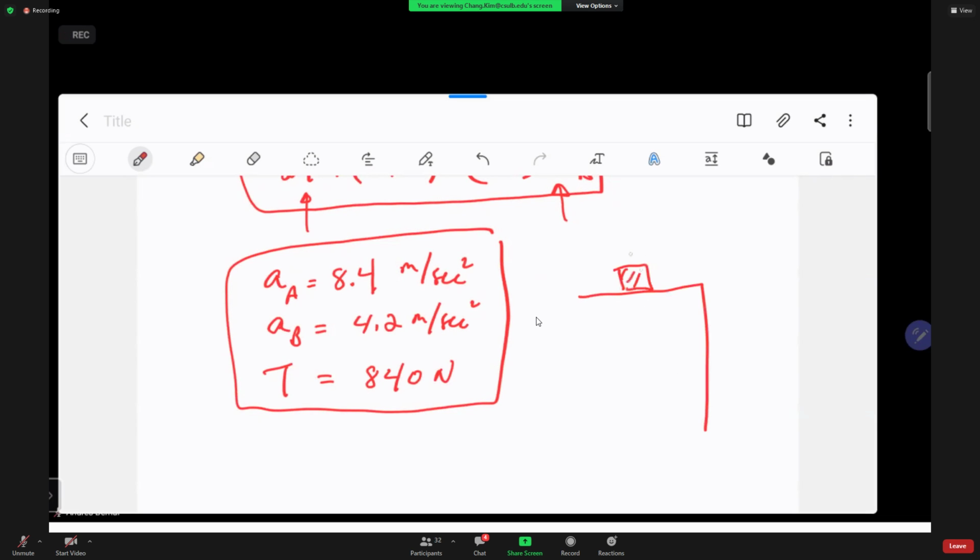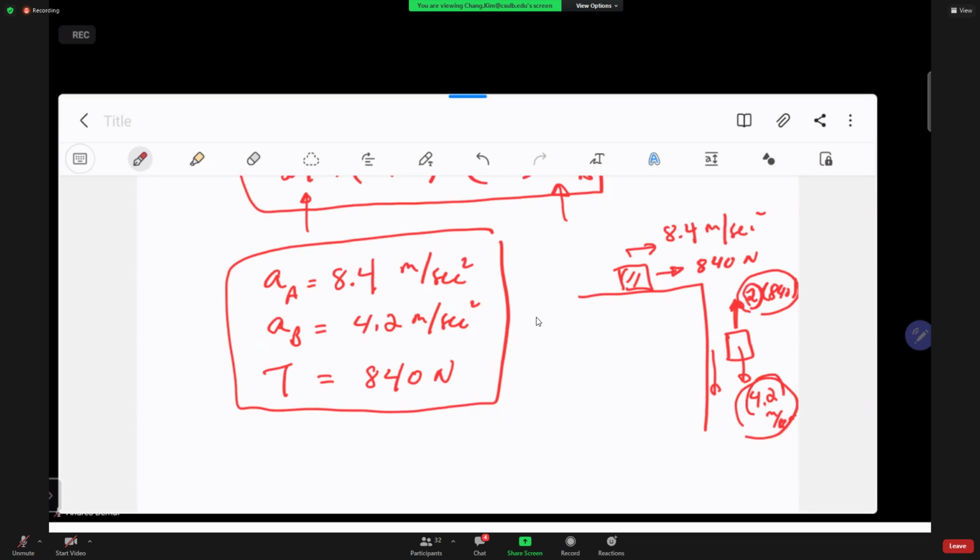So this guy moves at 8.4 meters per second squared. That guy will move at 4.2 meters per second squared. And the pulling tension here is 840. And this guy is 2 times 840. So you are pulling it while this guy is moving, and because of the 2, you see that